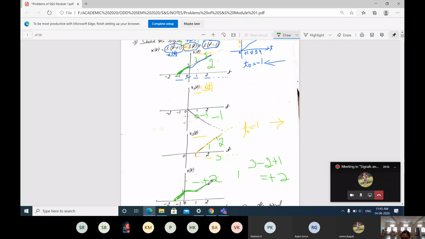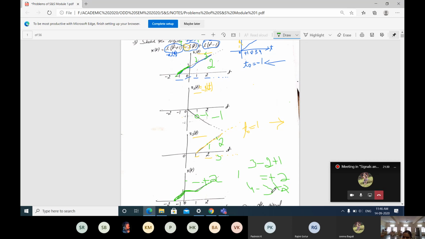Okay, this is 2. Next, if I go for the next set of values, observe 2 to 3, which is again increasing. Again for 2 to 3, what will I be getting? I will be getting 4, correct? Here, if I go for 3, you will be getting minus 3. Here you will be getting plus 2. Increasing, right? All are increasing. Here it is going to decrease in negative values, right?